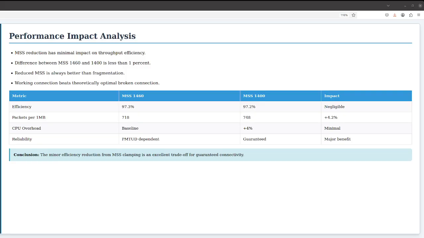The analysis begins with throughput efficiency, which measures how much of each packet is actual application data versus overhead. With MSS 1460, each packet carries 1460 bytes of data with 40 bytes of header overhead, giving approximately 97.3% efficiency. Reducing MSS to 1400 changes this to 1400 bytes of data with the same 40 bytes overhead, dropping efficiency slightly